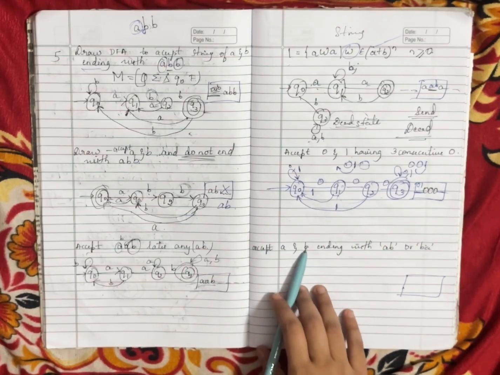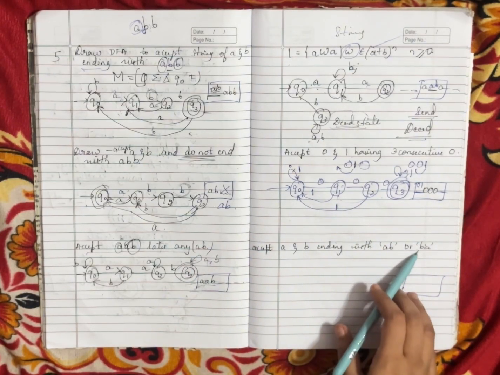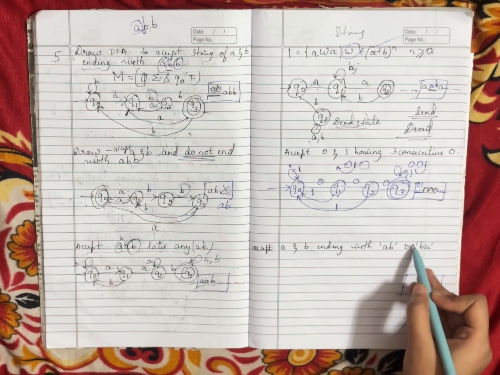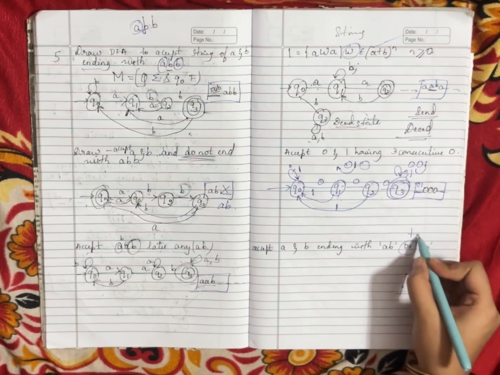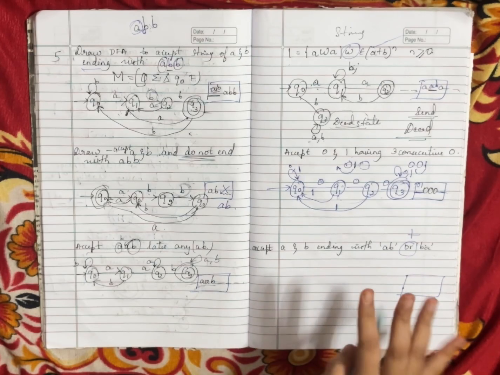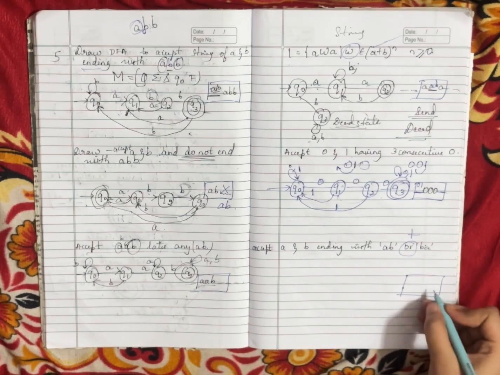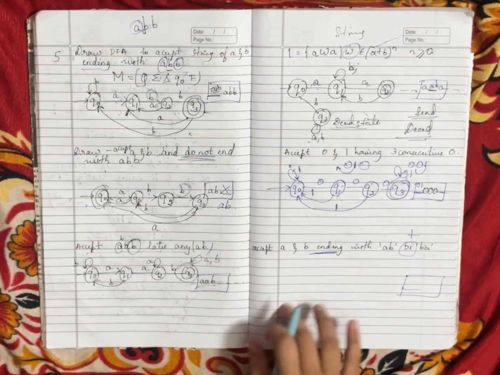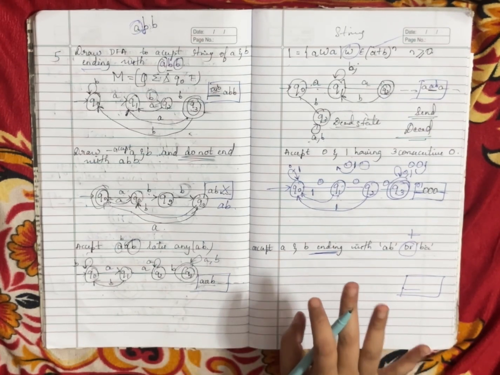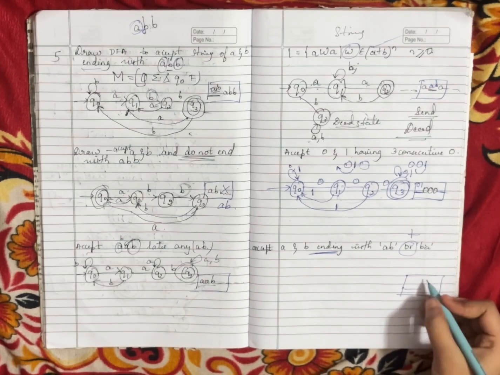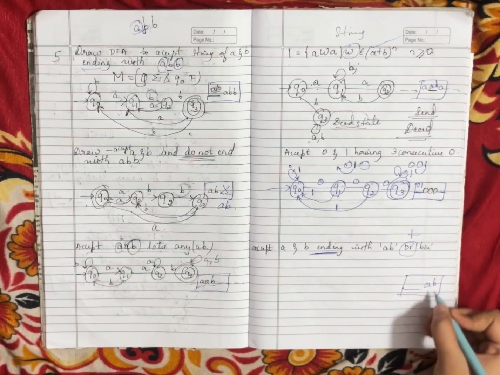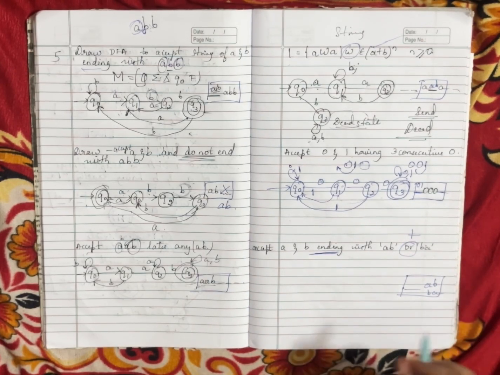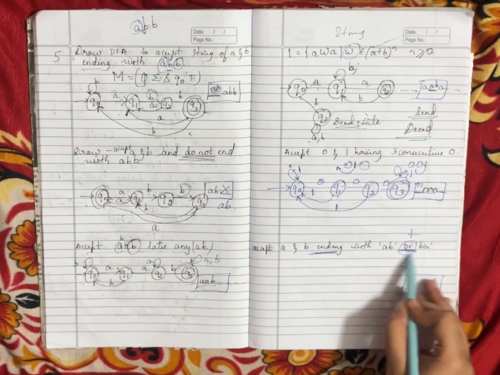Next one, accept A and B ending with AB or BA. Remember in maths also, or means plus, right? So similarly here also we have to take both the conditions. So starting, it can be anything. Again you got the word ending. That means we are sending from backwards. Now look into this question carefully. AB, or it can go with BA. Remember, whenever we use the word or,